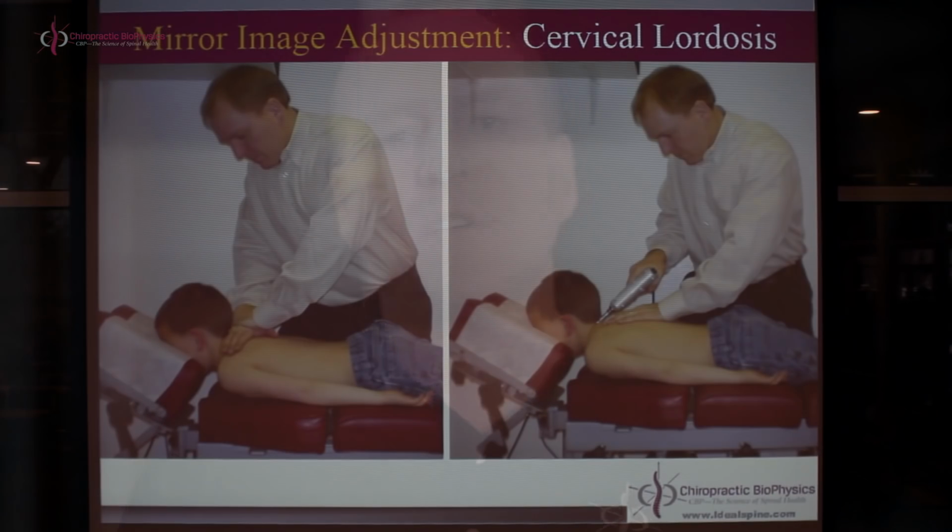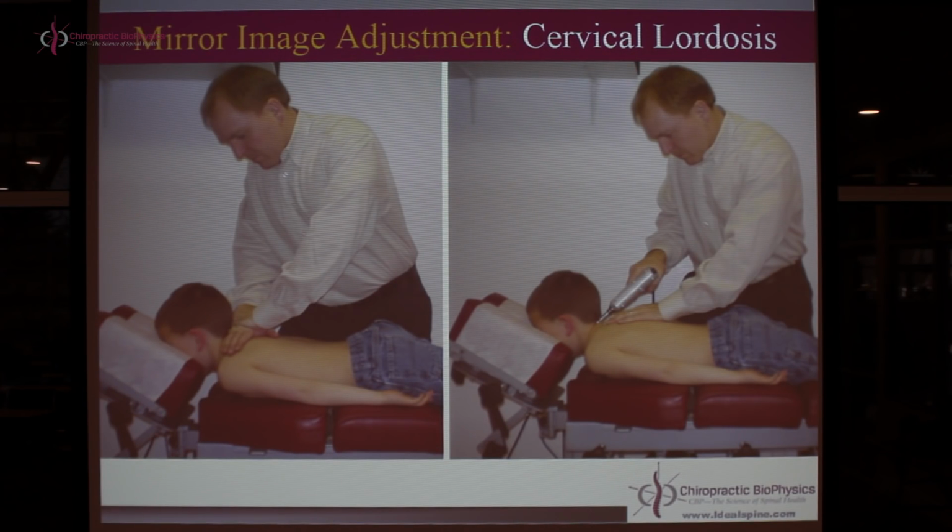Now, this is not the child and this is not Dr. Bistecki. What I'm doing is I'm showing my child. My child was 6 years old here. And we're showing what we do as sample adjustments here. So this was my oldest who I showed you his X-ray with. This is what we do to reestablish a curve in a